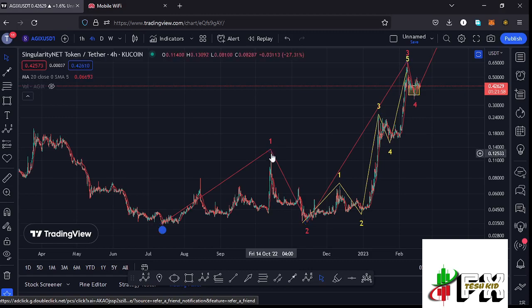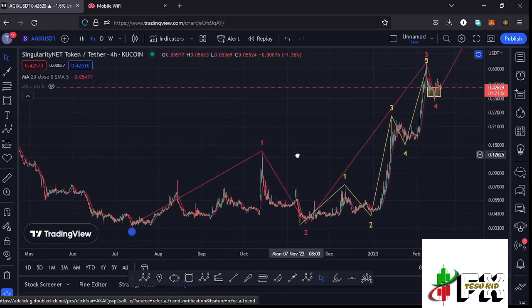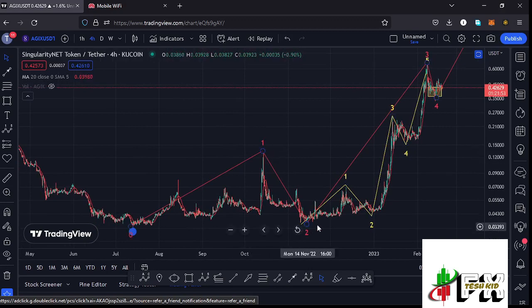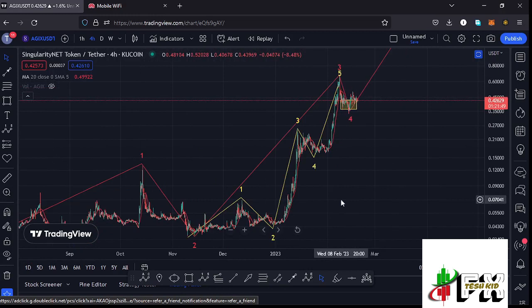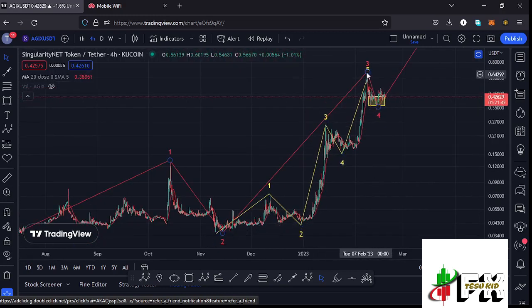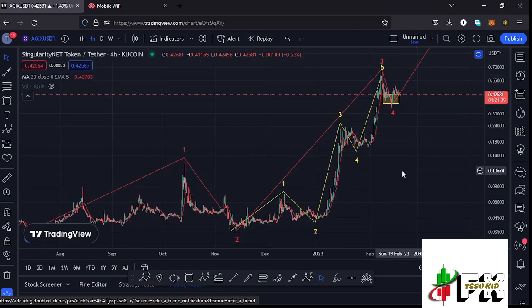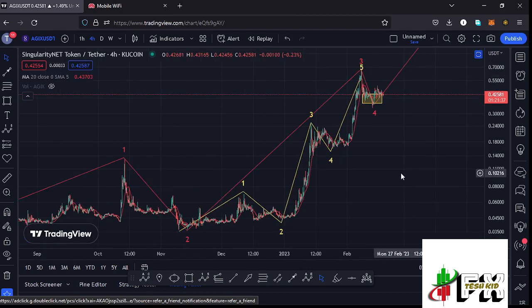the high for that wave 1, we started this corrective structure in a move that has now given us the low for that wave 2, and after seeing the low for that second wave, we started this massive bounce to the upside in the formation of this wave 3 in a move that has now given us a peak at around the $0.697 mark. And in the formation of that wave 3, which is an impulsive wave, I also expected